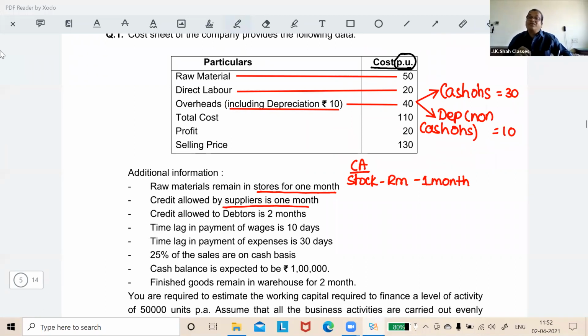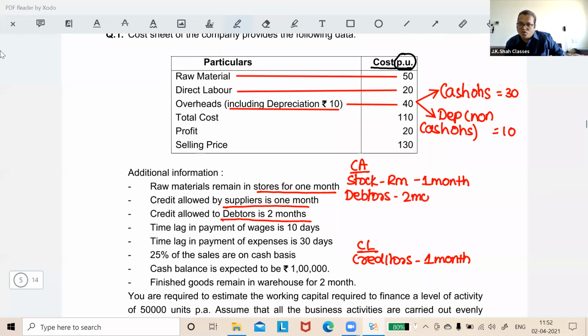Credit allowed by suppliers. Guys, suppliers means our creditors now. So in current liabilities, I will have creditors for a duration of 1 month. They are giving me a credit of 1 month, so I'm very happy. Credit allowed to debtors is 2 months. So in the list of current assets, I'll have debtors of 2 months. You understand? When we give credit to them, our money gets blocked,